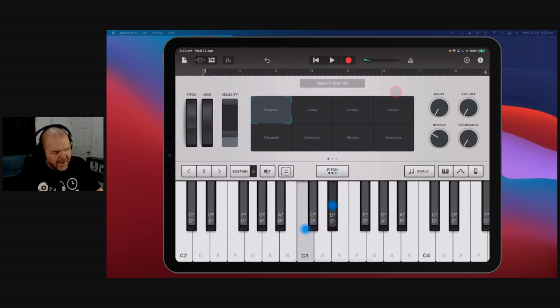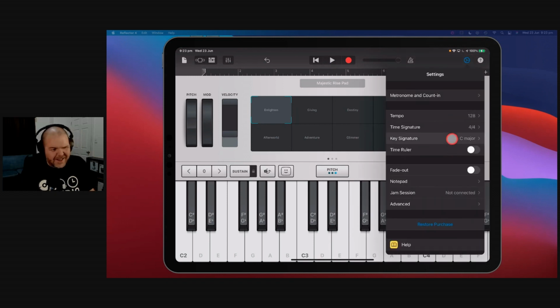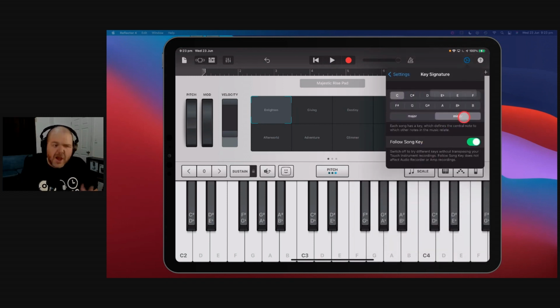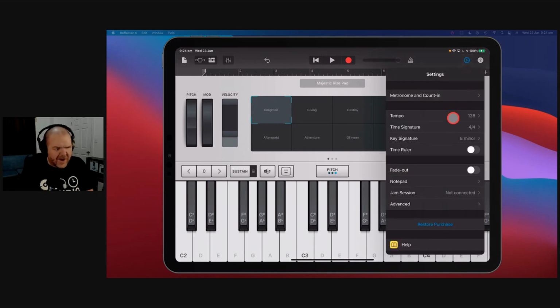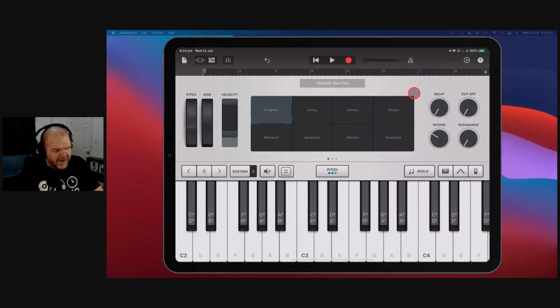So like, we can play a bit of a chord, can't we? Let's play a C minor chord. By the way, if you don't know, most of your loops and things here are in C minor. You can change that. You can come up here and you can change it. It says C major. It's actually C minor. So we can change these, and if we wanted to say go to E minor, it will actually change everything. Take a listen. In fact, let's just do that. We'll change that to E minor, just so if you're building a track yourself at home, you can play along. So we'll go to E minor here, which is an easier chord to play in, because...